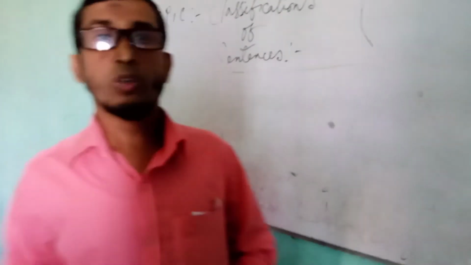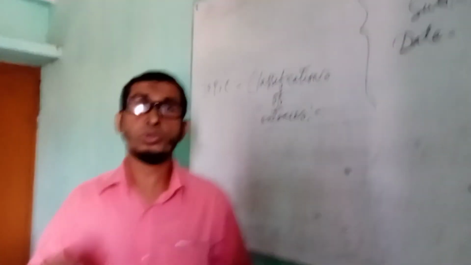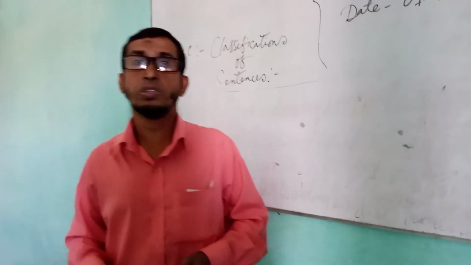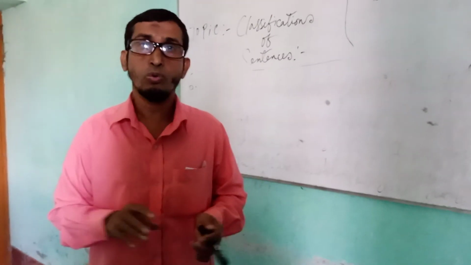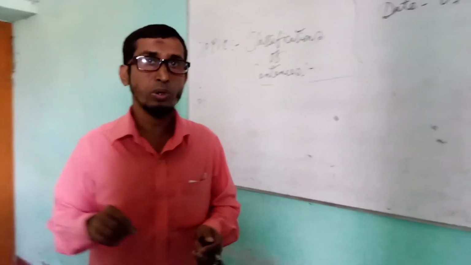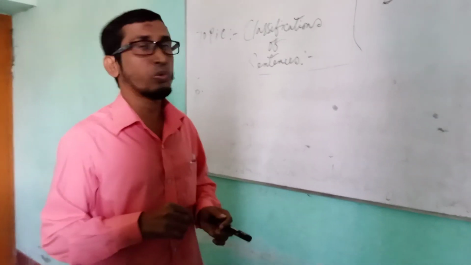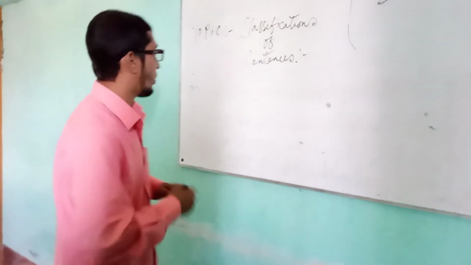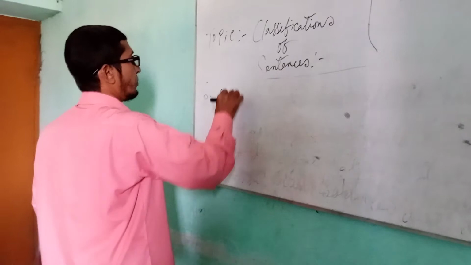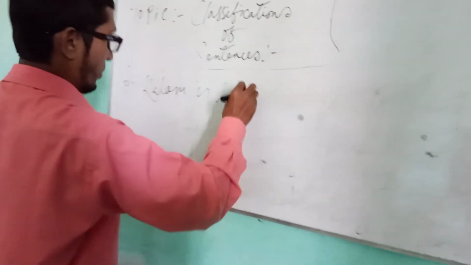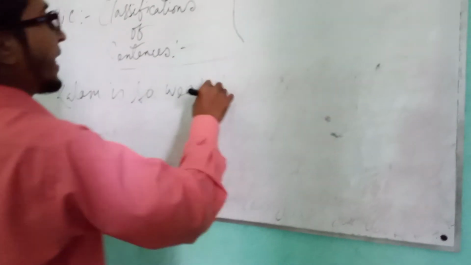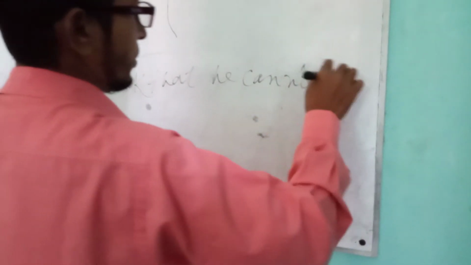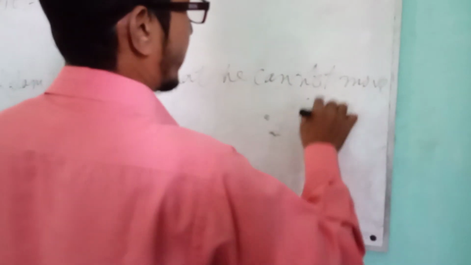If the complex sentence contains "so", in this respect, if you want to make a simple one, then instead of "so" we have to use "too", and instead of "that", we have to use "to" plus verb 1. And the rest of the sentence will remain intact. For example, "Kalam is so weak that he cannot move." Simple sentence: